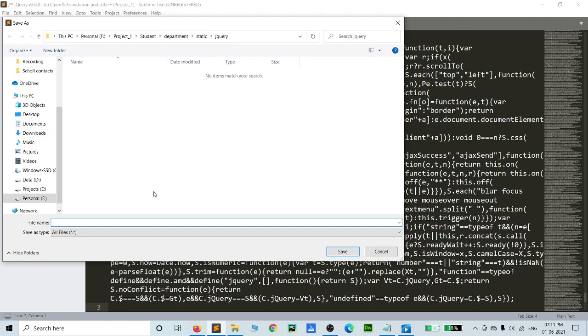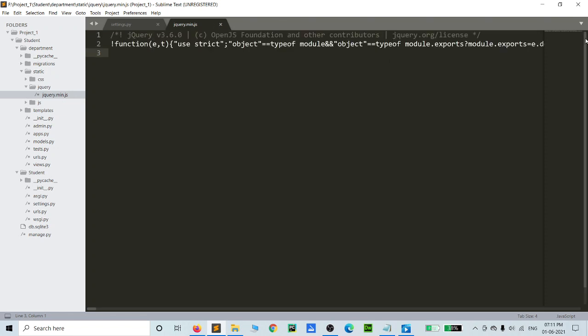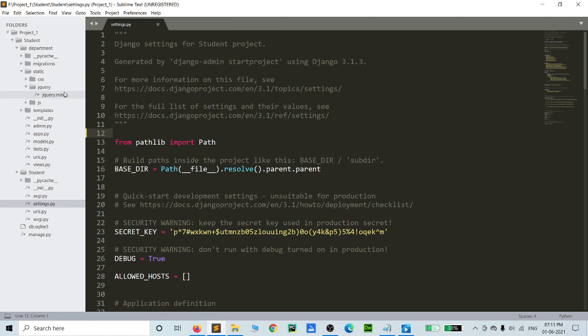The name we give is jQuery dot min dot js, or otherwise you can say jQuery dot js, anything else. You can save it here. Yeah, the file is saved here. You can click it, and all the data is stored here.